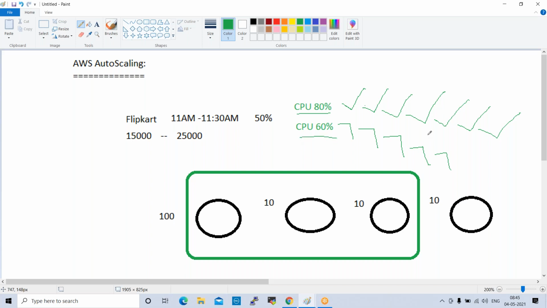Any questions up to here, anyone? This is just an overview. When we discuss auto scaling, we'll go deep dive. I'll give you more examples and we'll do it practically. We'll create a lab, how to increase the resources, how to decrease the resources, and test it out in auto scaling.